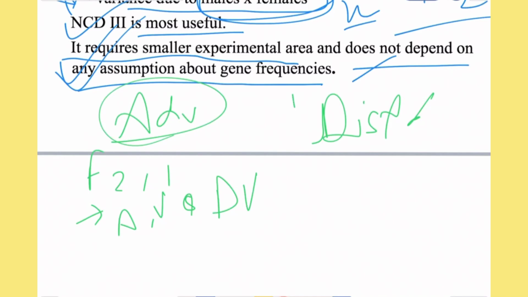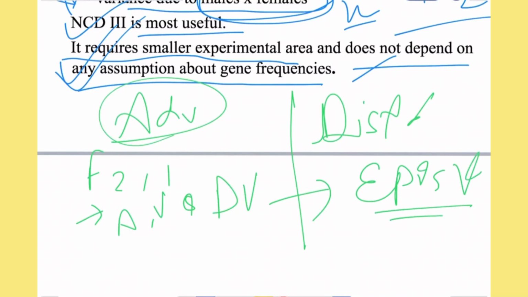While the major disadvantage is that it does not give information about the epistatic variance. It is also useful for breaking the undesirable linkage, because it involves mating randomly selected plants in the segregating population, so it is helpful in breaking the undesirable linkages, and can be used for both self and cross pollinated species.